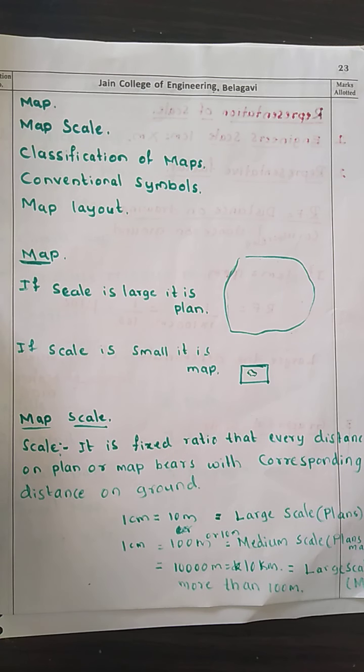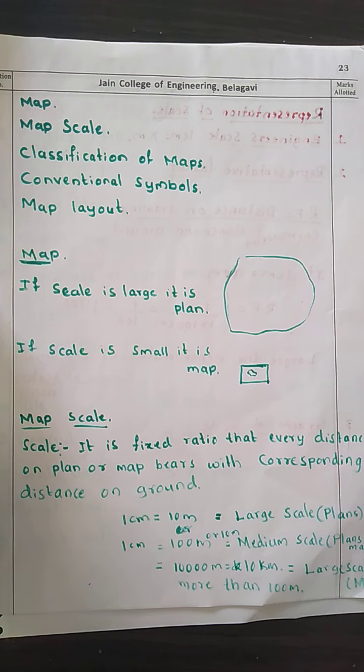Now, what is the objective of a survey? It is the preparation of a plan or map. The result of a survey, that is, after surveying the ground and plotting it on a sheet of paper, constitutes a plan or a map. When it is a plan and when it is a map, we will understand soon. A plan is therefore a representation to some scale. Whatever we have on the ground, we represent it on some scale.